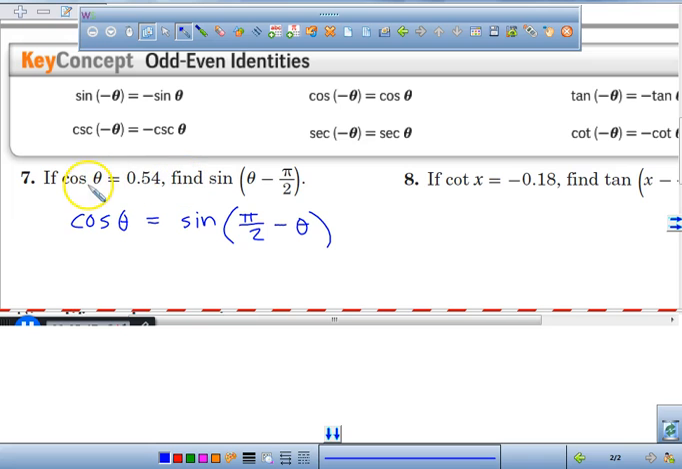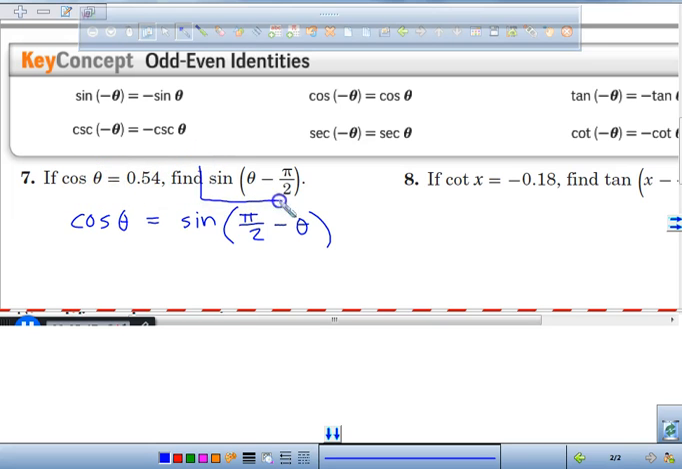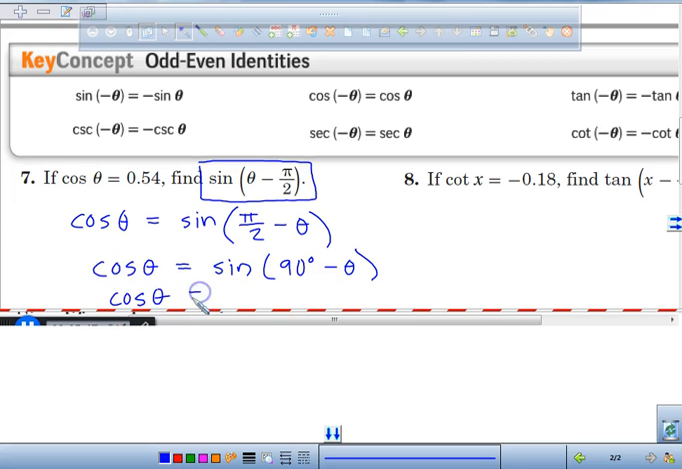So right now, look at our problem and look at what we're dealing with here. What's different? Nothing. They switched them, right? What happens if we switch them? What if the cosine of theta should equal the sine of 90 degrees minus theta? Then what's going to happen? I want you to understand this. The cosine of theta will equal